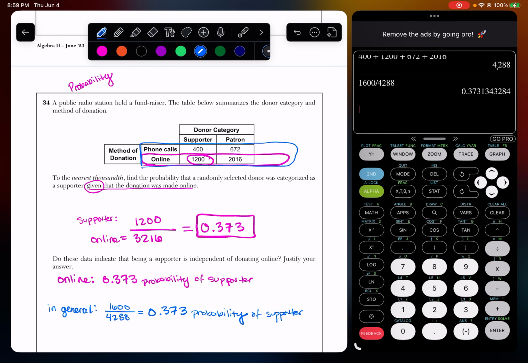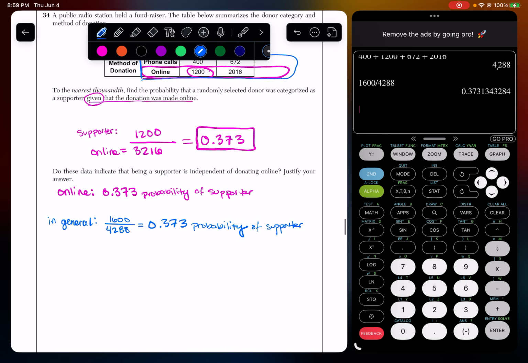Being online does not affect your likelihood of being a supporter at all, because it's 37% either way. If we did it in general and we got something like 50%, then we would say those are dependent events. The results of one affect the results of the other. There's a relationship, they're connected. But since we got the same result, whether or not someone was online, then we would say